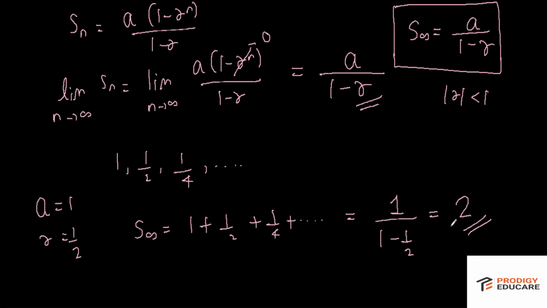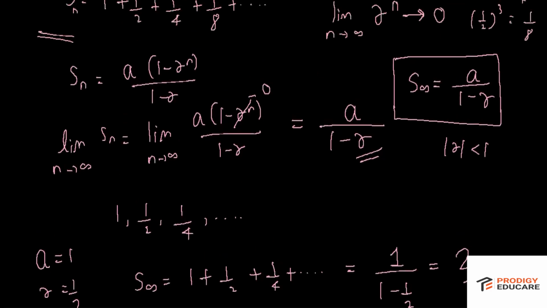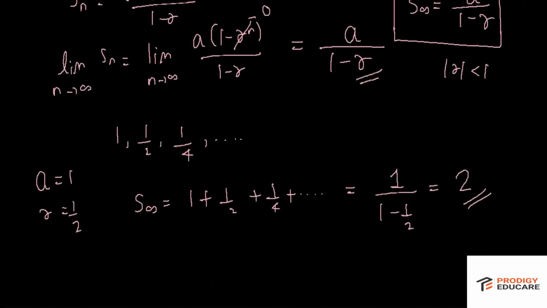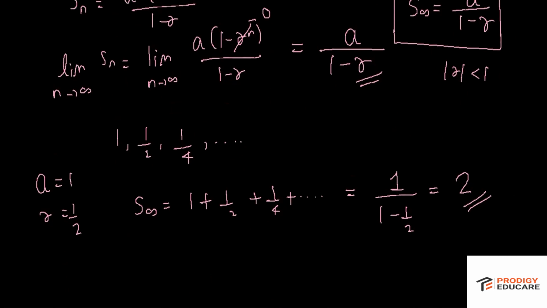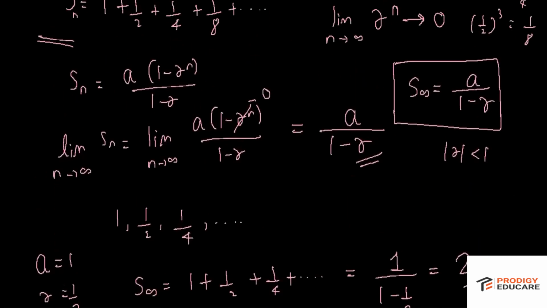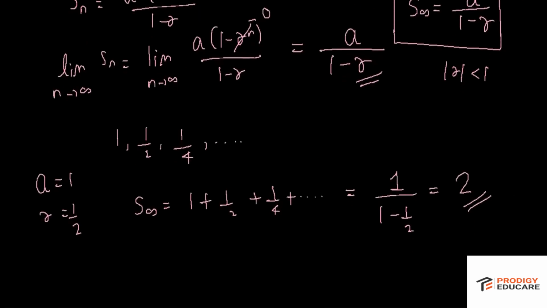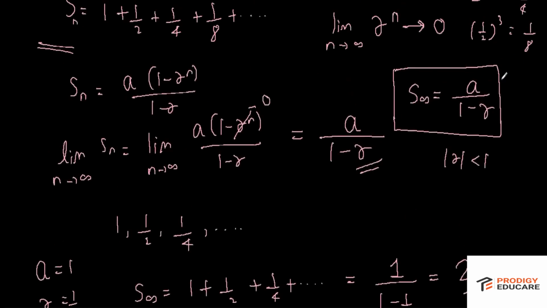Yes, perfect. Now the strange part is I'm adding infinite such terms and I'm getting a finite result. There is a special category of infinite series known as converging series. Converging series are those series in which the summation tends to a finite number. Not all infinite series are converging series. Most of them are diverging, but there's a method of finding whether a series is convergent or divergent. But a special type of infinite series, geometric progression, whenever its mod R is less than 1, is always converging, and we have a formula for it.